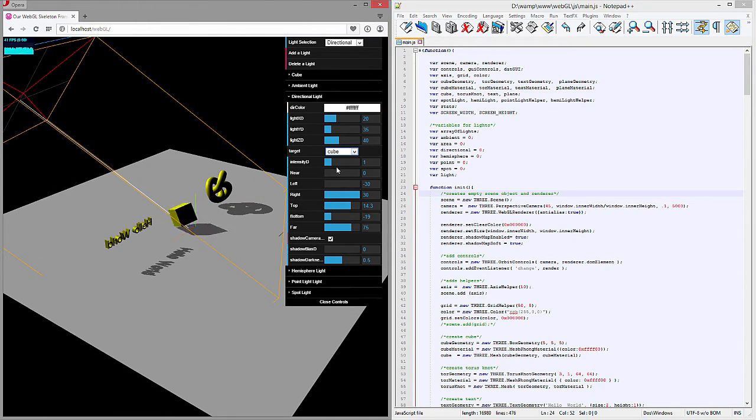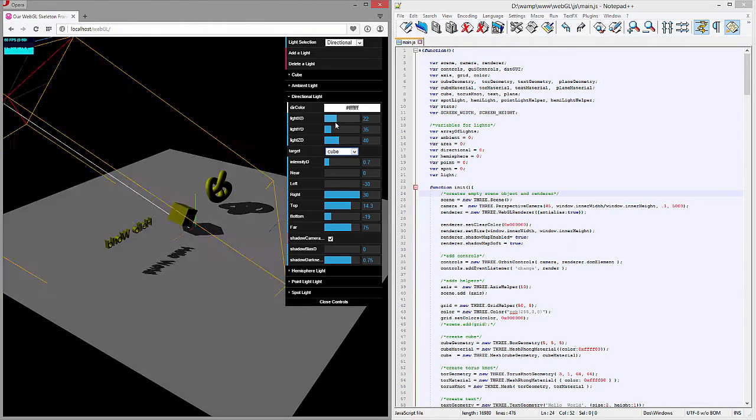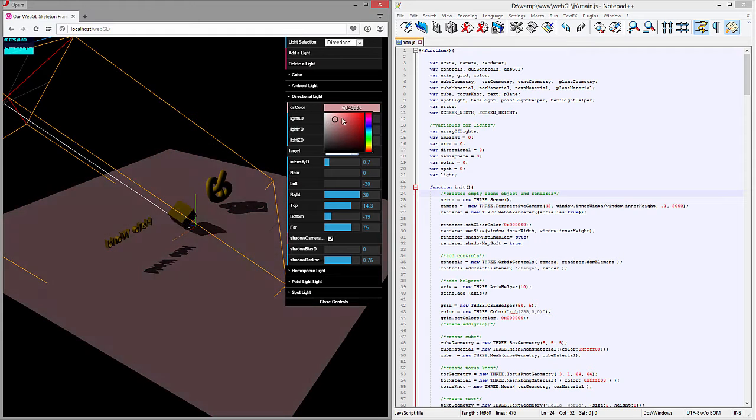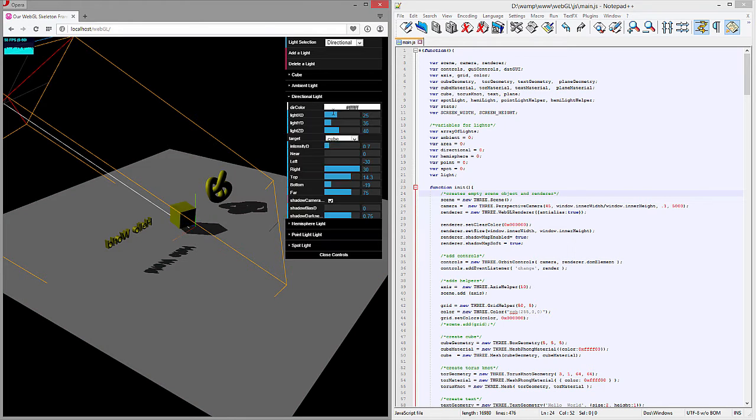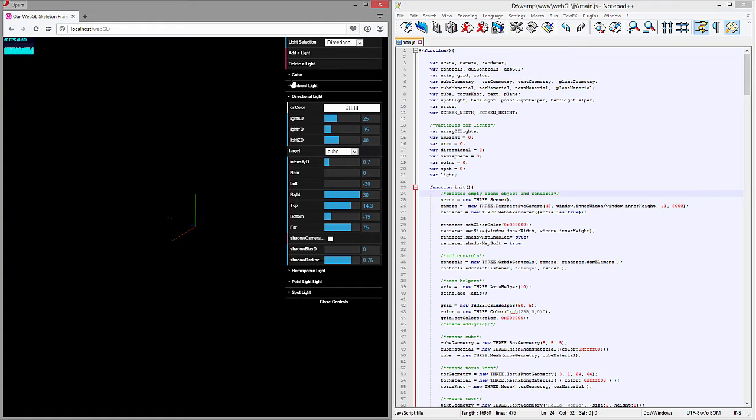And again you can adjust the intensity and it's going to impact the overall scene intensity. You can also affect the darkness of the shadows, and the bias as well. And we can move the position of this as well. Alright, so that is the directional light. You'll see additionally you can affect the color of it. Let's go ahead and turn that helper off, remove the light, and we'll go on to the next one,